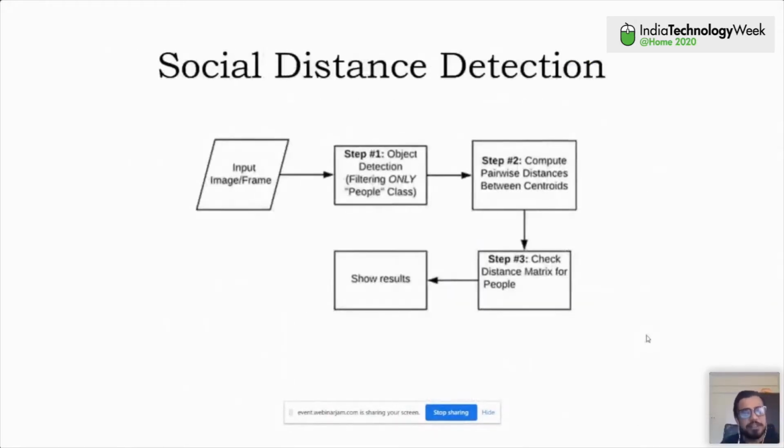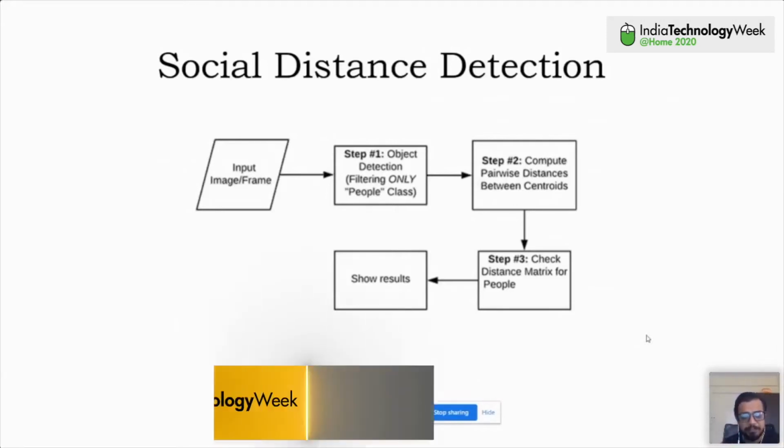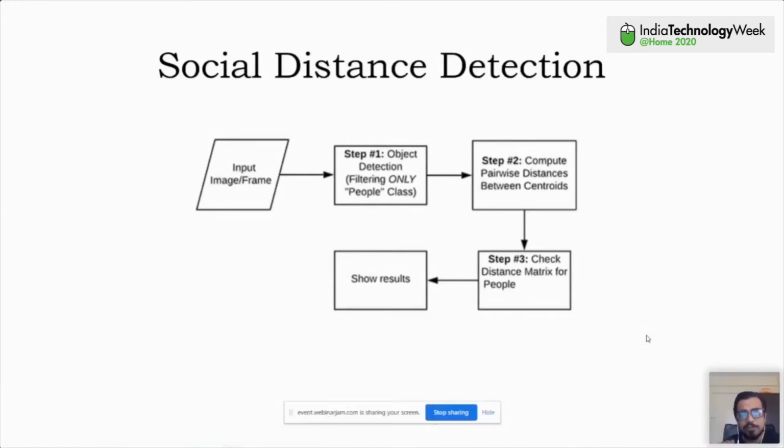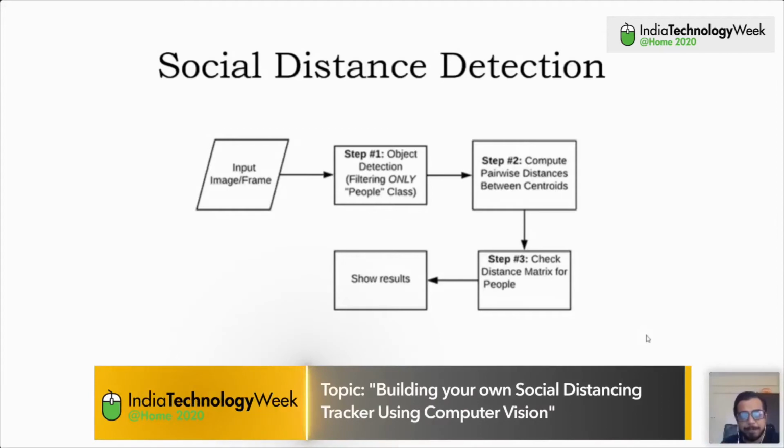So with this, if you think of how we build a social distancing algorithm, the steps look very straightforward, right? So we start with taking an input image or video, let it be a recorded or a live stream. Then given the frame, we first detect objects in it, right? Given the frame, there will be multiple objects in it. We'll only filter it to detect the humans, the persons. Based on the detected persons, we will compute the pairwise Euclidean distance between the centroids of their